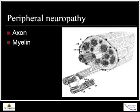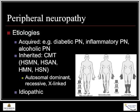So what are the causes of neuropathies? As Pam mentioned, diabetes is probably the single most common cause of neuropathy. She mentioned that there's about 20 million people with peripheral neuropathy in this country, and if you take 100 people with neuropathy off the street and look at the underlying etiology, diabetes will be 50% of it, single most common